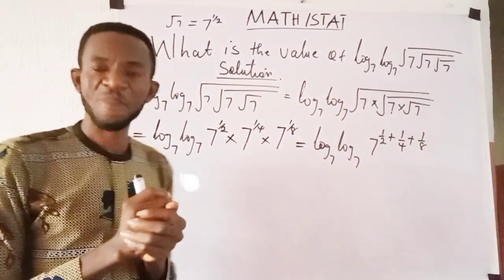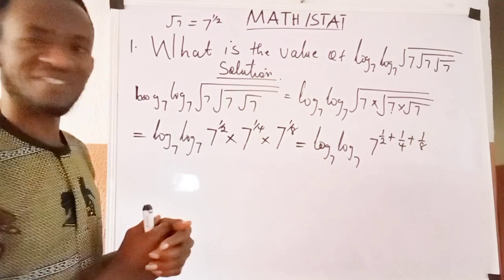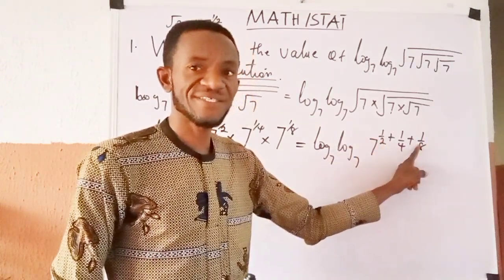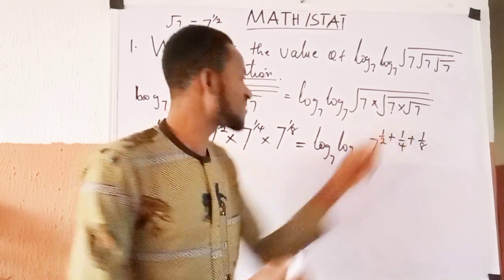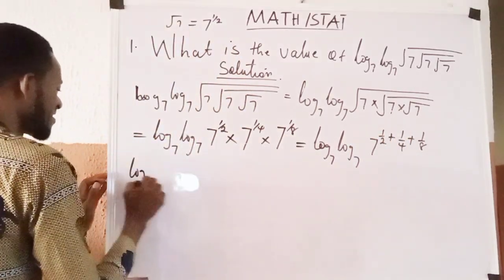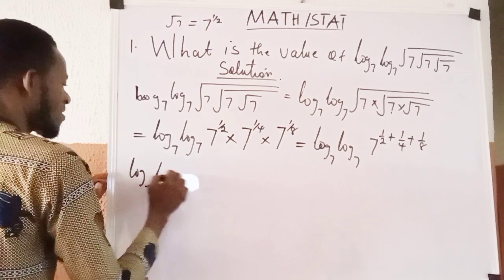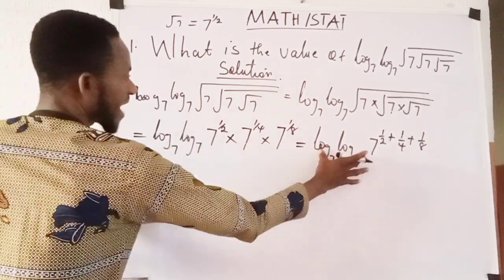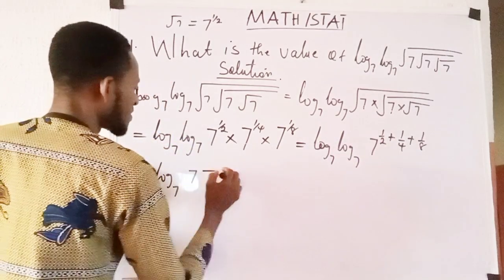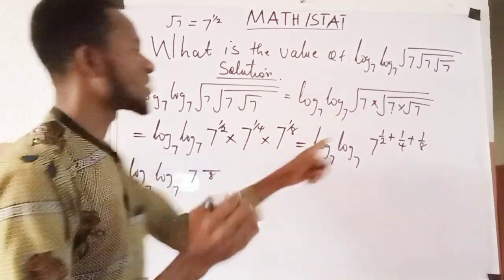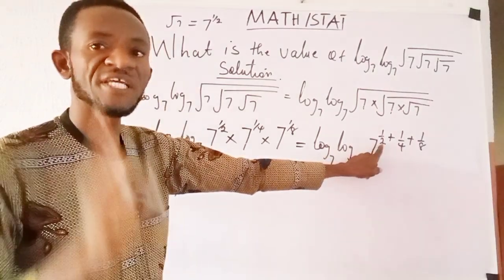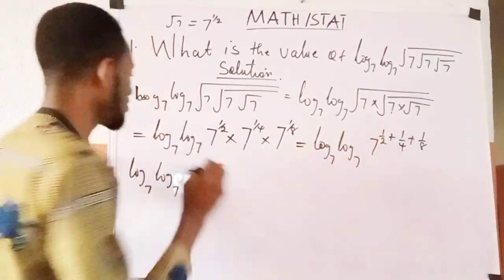That is step. The next step now becomes LCM of 2, 4, and 8 is 8. And if you take the LCM and sum this, you'll be able to have this. This is the same thing as what? Log in base 7, which are what I have here. It becomes what? 7. LCM is already what? Is already what? 8. Then when you come here, you say 8 divided by 2 is 4. 4 times 1 is what? Is 4